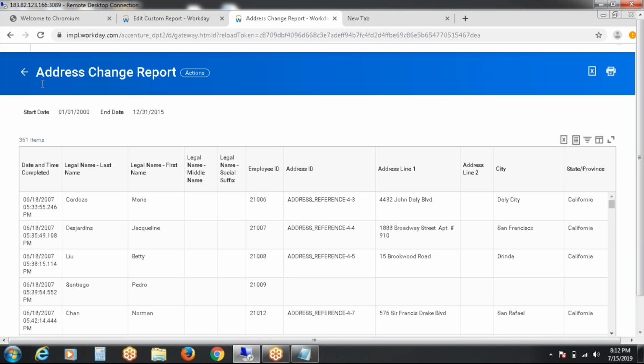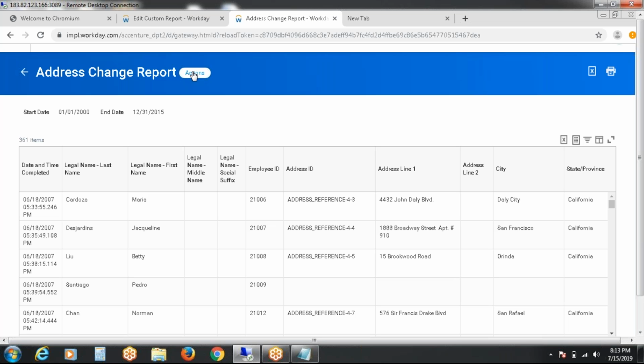Now we have run some address change report. This is a template actually. This is a template of a Workday standard report called address change report. So from so-and-so date to so-and-so date I have called. If in your current organization you want to call the data from dates, the date details will be available in the business requirement or task itself.